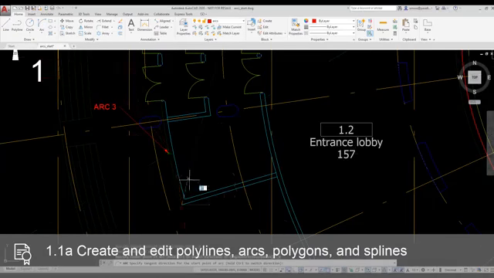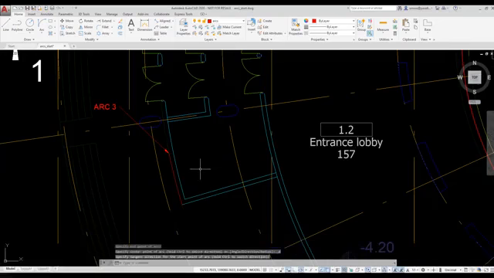I'm going to hold down my Control key to switch the direction of the arc and then drag until the arc displays a preview of the desired radius. I will then left-click or press Enter to accept. I purposely drew this arc a little too short because I want to use the Lengthen command to change the